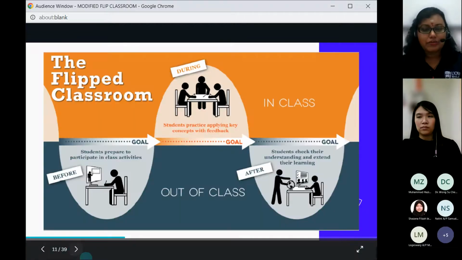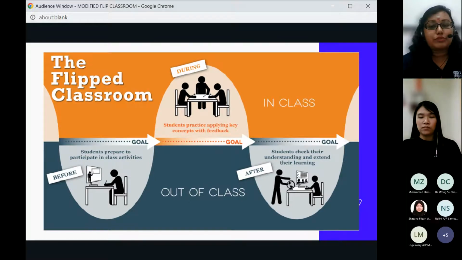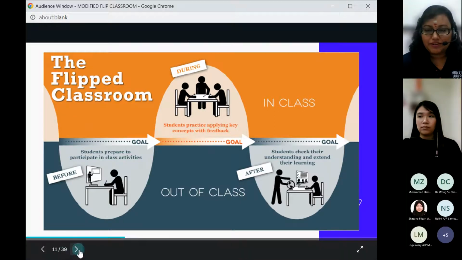So in another way, in an easier picture as a whole, for flipped classroom, students will learn first. They will do their own preparation first, and then they will apply that knowledge in class. So first they remember and understand, and then we apply this knowledge in class during the 3-hour or 2-hour sessions, and then they check on their understanding. All right. Okay, so moving on to the next one.